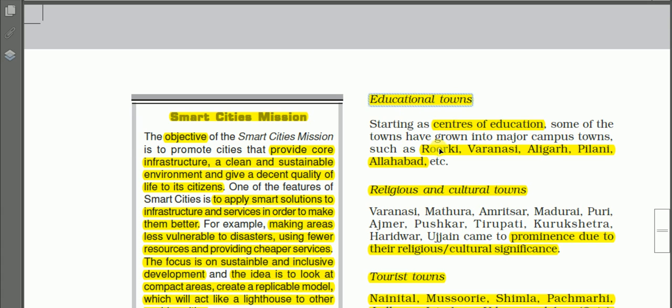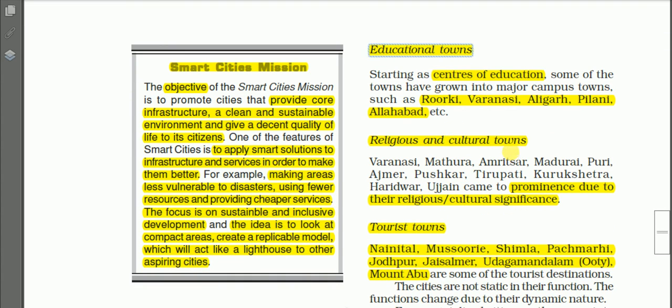Next, we have educational towns. These are the towns that started as centers of education, and some of them have grown into major campus towns such as Roorkee, Varanasi, Aligarh, Pilani, Allahabad. So these are some examples of educational towns in India, and in these towns you'll find famous universities and